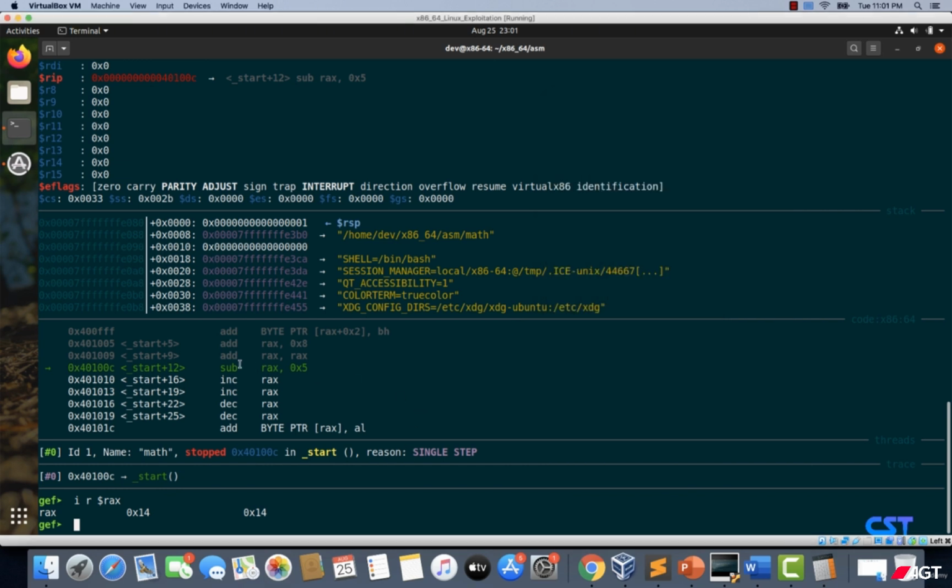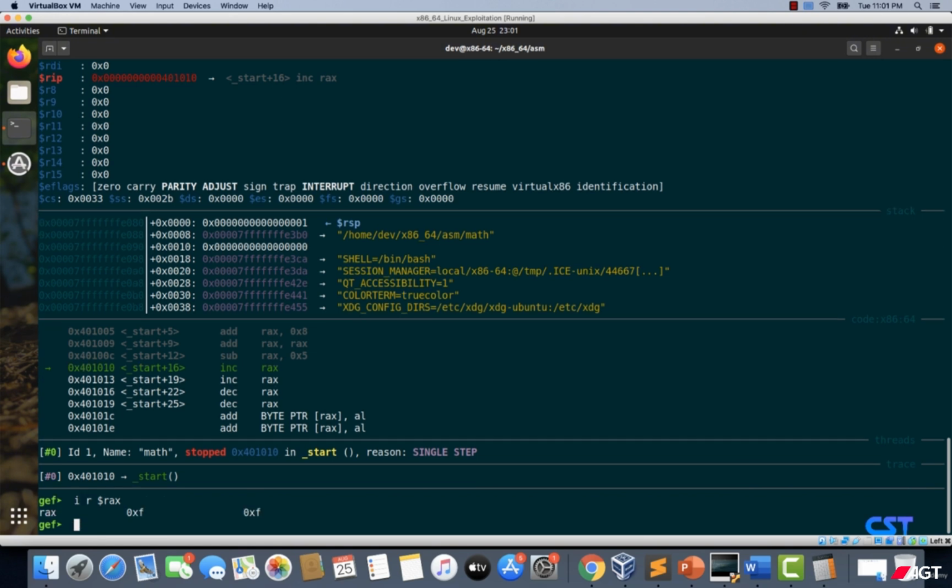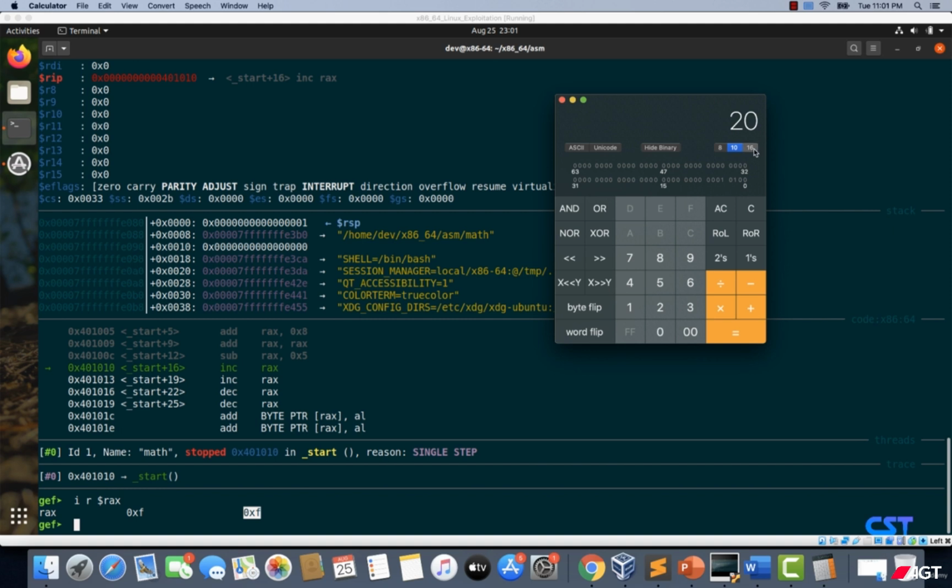Now the next instruction that we are going to execute is sub RAX, hex 5, which means 5 is going to be subtracted from the value of RAX, which is 20 here, and the resulting value should be 15. So let's type SI and once again examine the register RAX. Look at that, we have 0xF. Once again let's type 0xF here and let's check the decimal equivalent of it, and look at that, it is